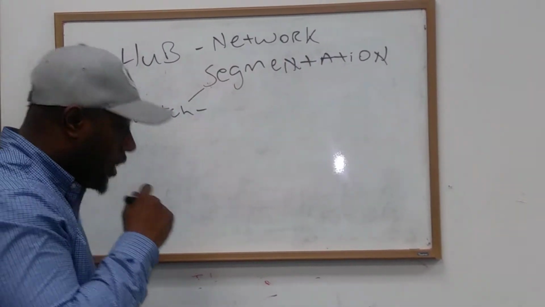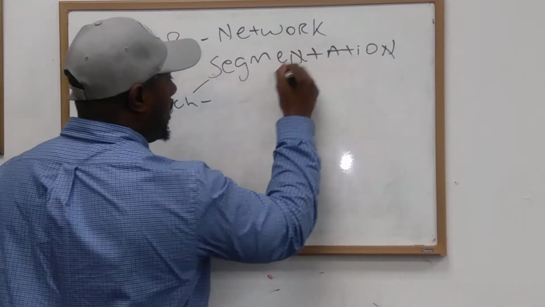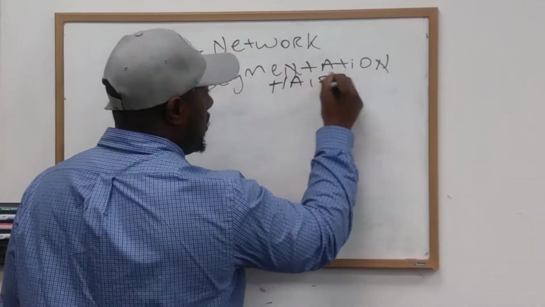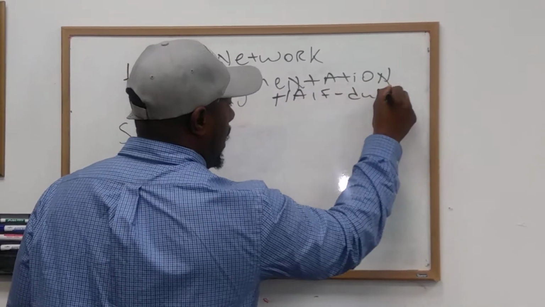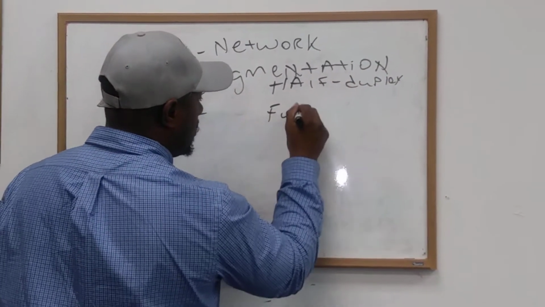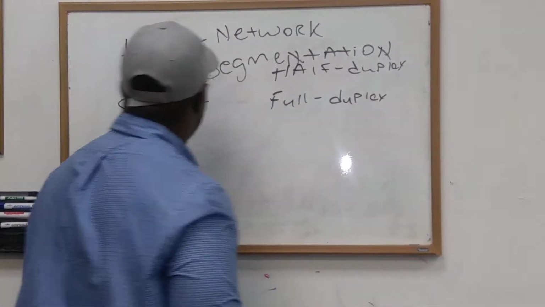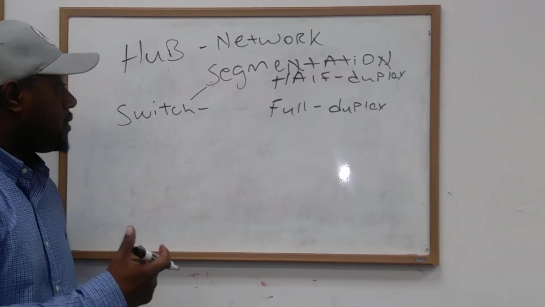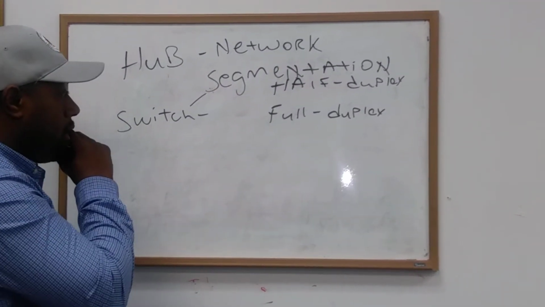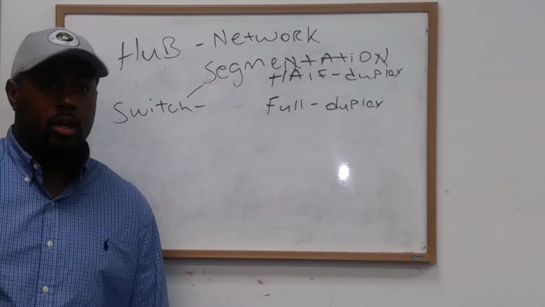So a hub was half duplex, and a switch offered full duplex. This was the difference between a hub and a switch. Now, what is half duplex? Let's say half duplex functions similar to